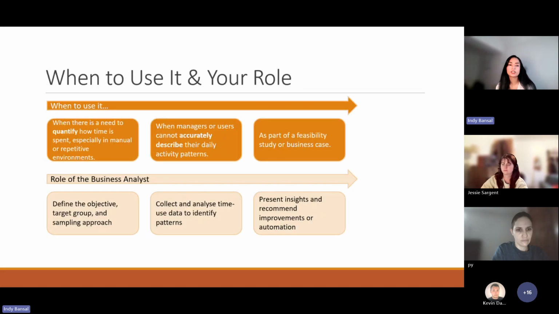So when to use it, and what's your role as a business analyst? You want to use it when there is a need to quantify how time is spent, especially in manual or repetitive environments, when managers or users cannot accurately describe their daily activity patterns, and as part of a feasibility study or business case. And the business analyst role in activity sampling is to define the objective, the target group, and the sampling approach. You want to collect and analyze time-use data to identify your patterns,